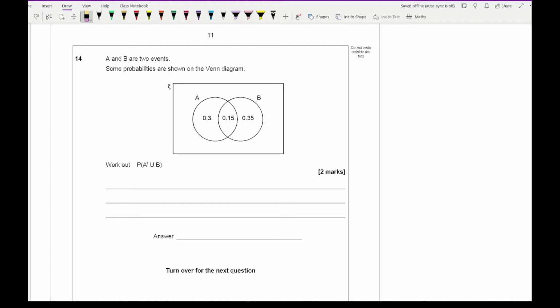Now, in order for us to work this question out, all I then need to do is shade the individual areas. So not A is all of this, so everything apart from that circle of A. And B is this circle here. Now for OR, what I want is I want to add up all the probabilities of the areas that I do not know. So first things first, what I need to do is work this out,